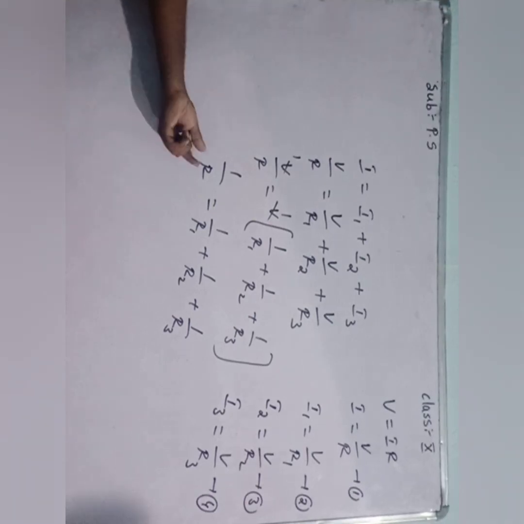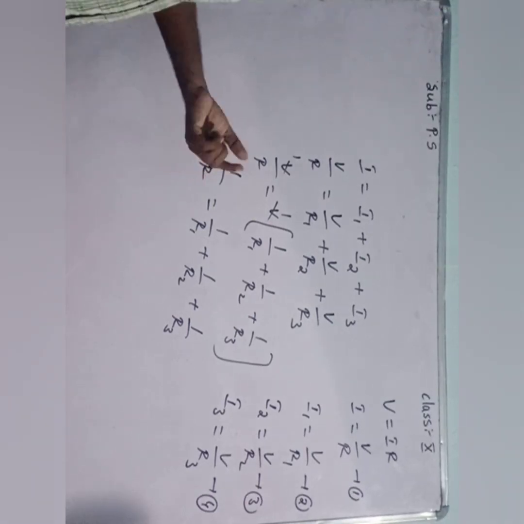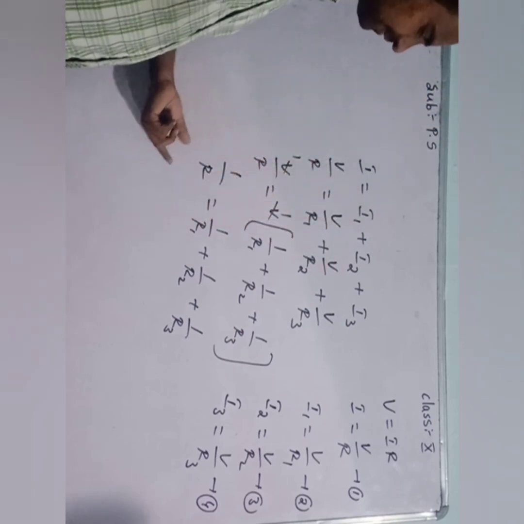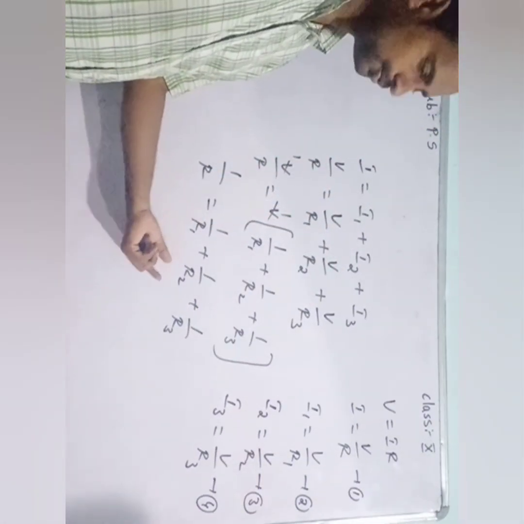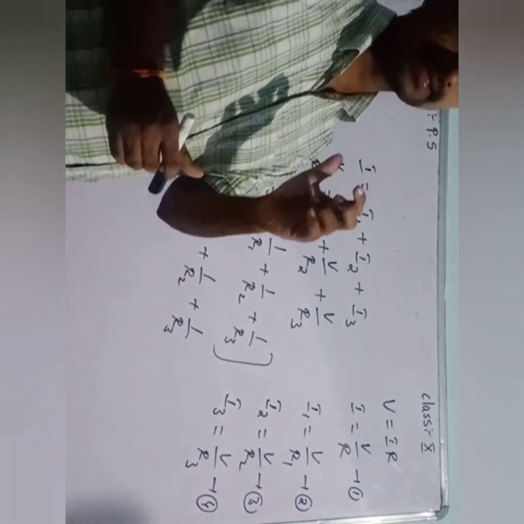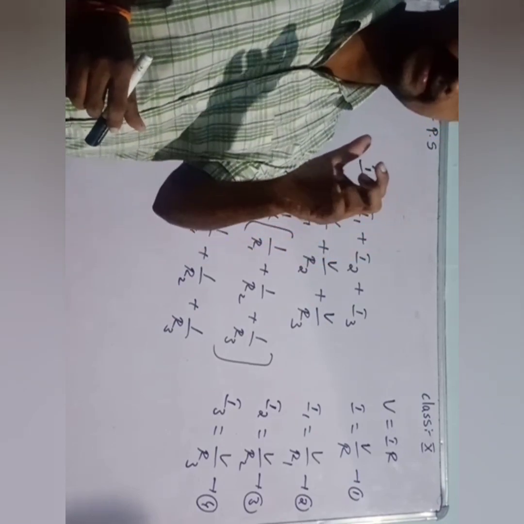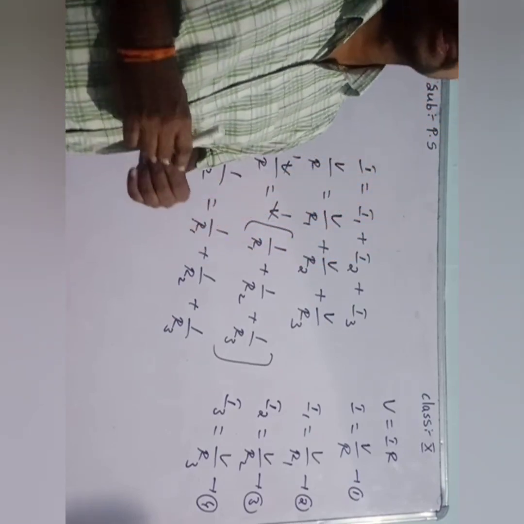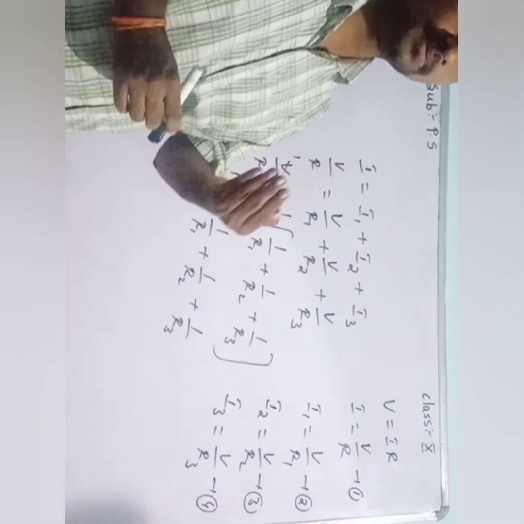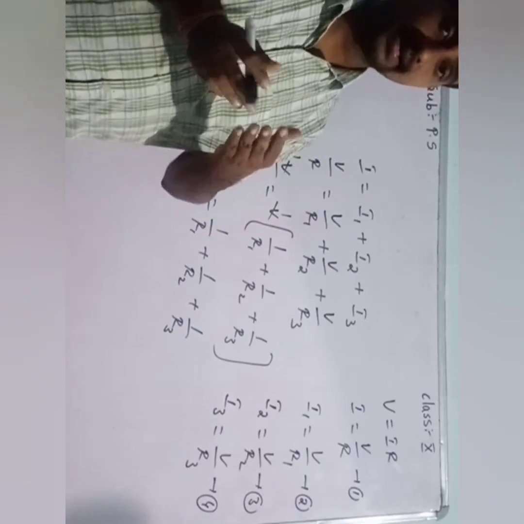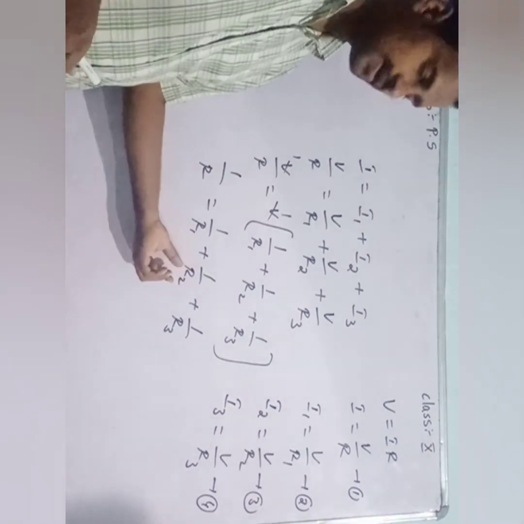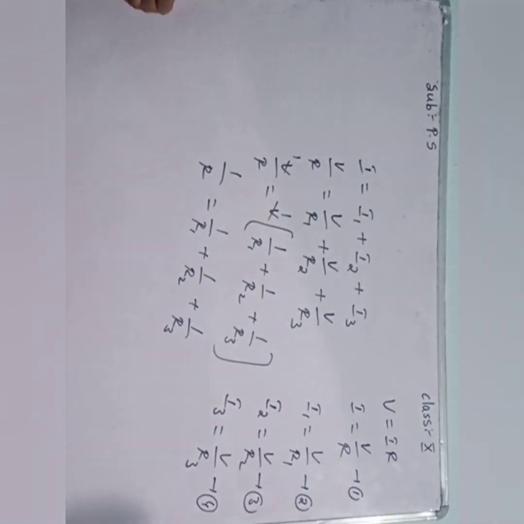Here R indicates the equivalent resistance when three resistors are connected in parallel. So 1 by R is equal to 1 by R1 plus 1 by R2 plus 1 by R3. This is the formula for the equivalent resistance of three resistors connected in parallel combination. Clear all of you students? So in series combination, R is equal to R1 plus R2 plus R3, but in parallel combination, 1 by R is equal to 1 by R1 plus 1 by R2 plus 1 by R3. Clear?